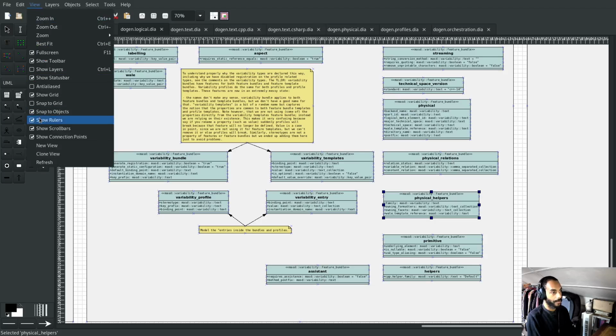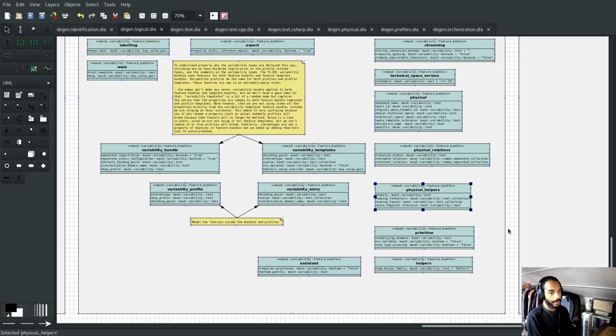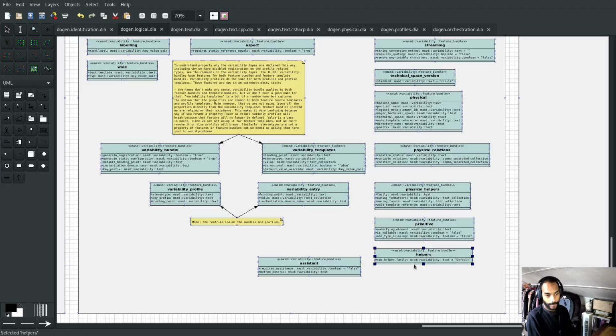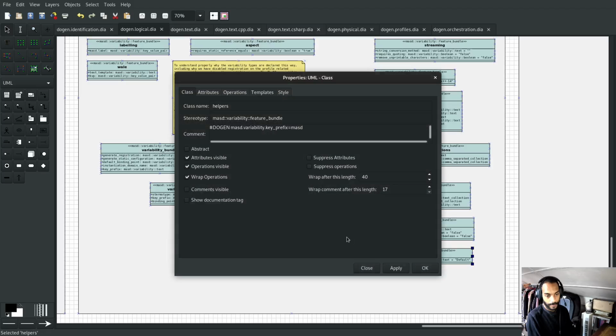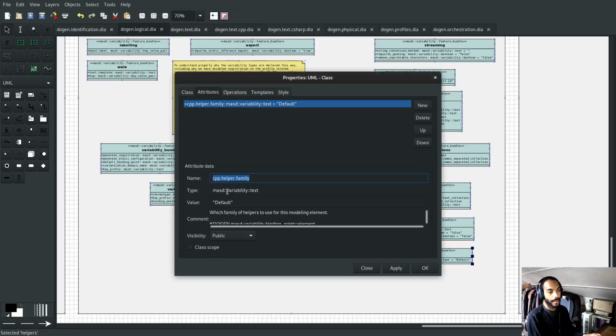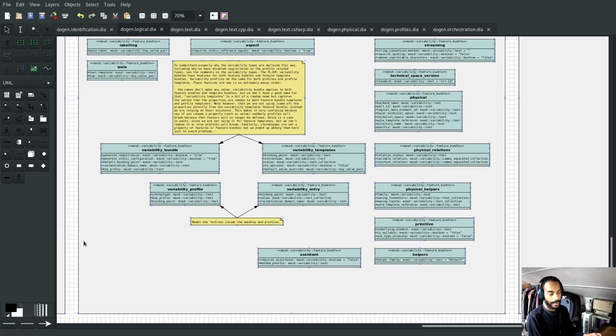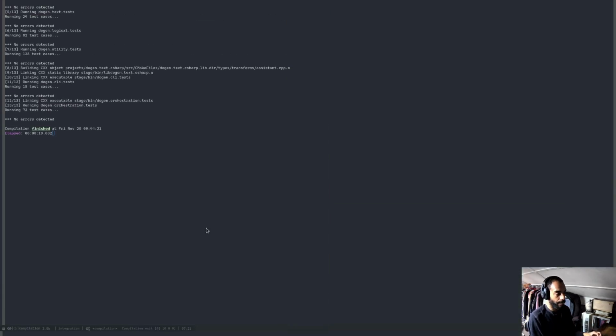Oh, I keep making a mistake with these rulers. Right, this is not quite what we're looking for, but it's close enough. Here we are, this is what we're looking for. So what we're going to do here is drop the C++ parts of the feature, and then we are going to go back to our grep,